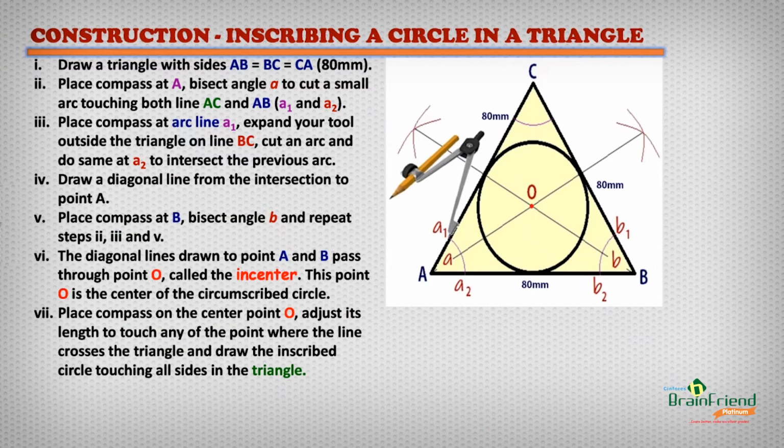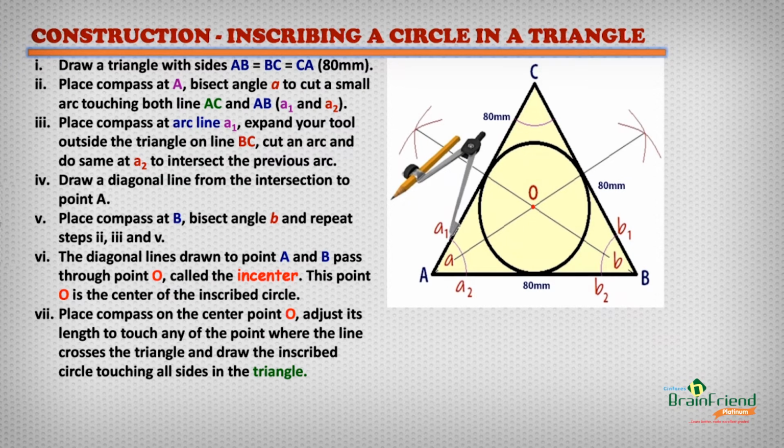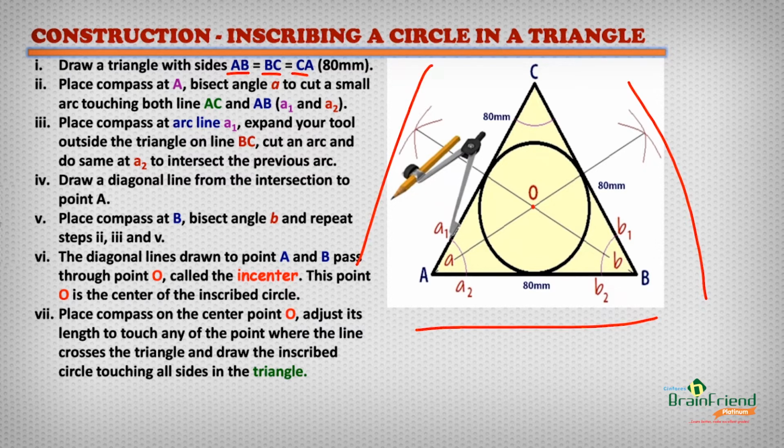When inscribing a circle in a triangle, there are procedures you must follow to achieve accurate results. These procedures include: 1. Draw a triangle with sides AB, BC, and CA. 2. Place compass at point A. Bisect angle A to cut a small arc touching both lines AC and BC, which could be called A1 and